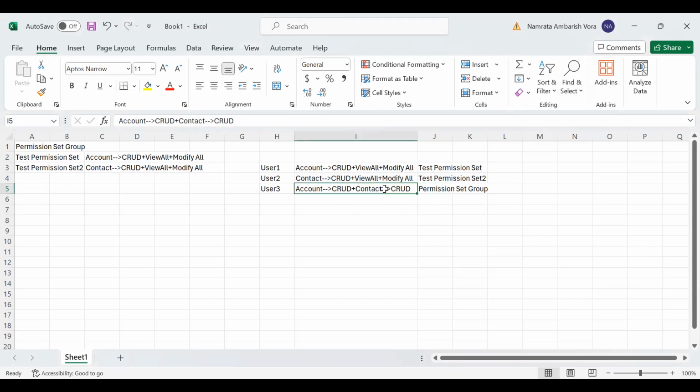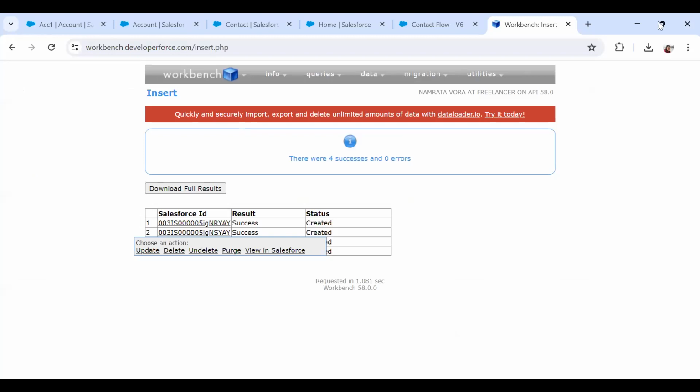The other benefit is that you are muting those permissions only on the permission set group. On the original permission sets, view all and modify all will still be there. I'm only muting it from the permission set group. In this way, I am able to satisfy the requirements of all three users, and I'm not disturbing anything in the original permission sets. If I want to mute certain things, I can just mute them in the permission set group. Let me show you actually